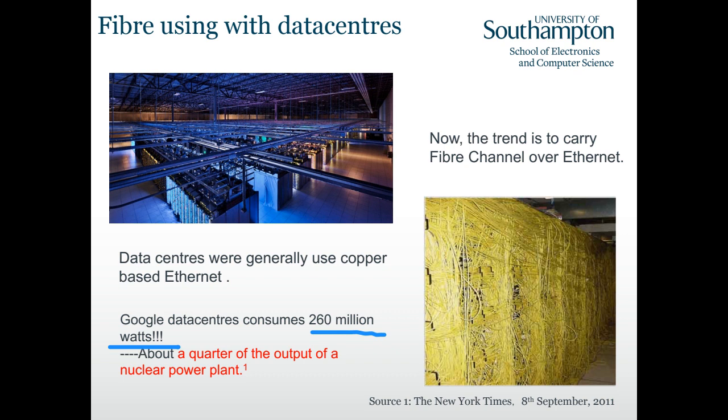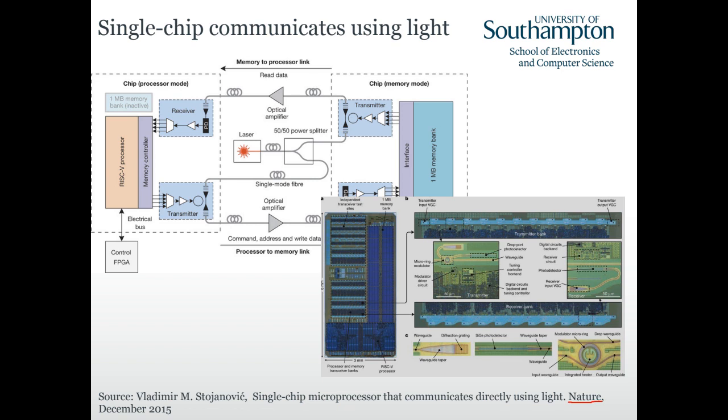So the optical transmission can also be very, very local. This is a single chip communication using light. This is a really interesting and very important breakthrough that happened in 2015. So it's not very long ago. So basically, we have a chip that should perform CPU calculations. What we do here is we have a light transmitter and a light receiver. We use light to perform calculation. How do we do that?